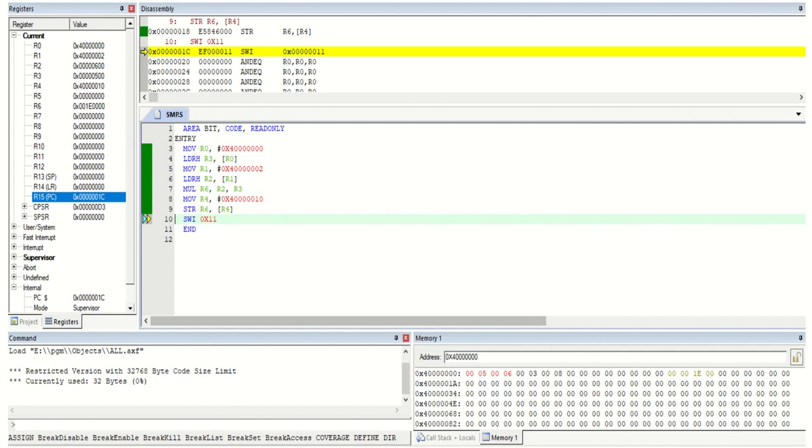ARM works with 32-bit numbers. That's why all the registers present in this window are 32-bit size.